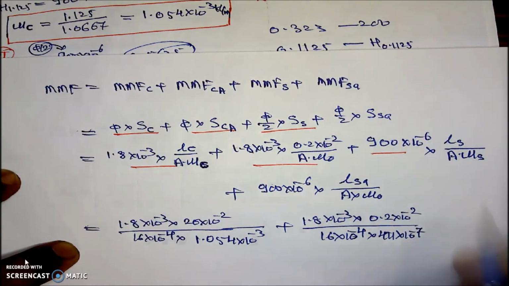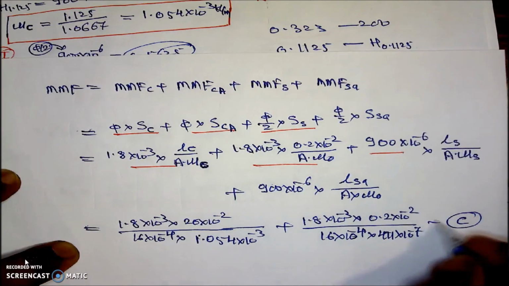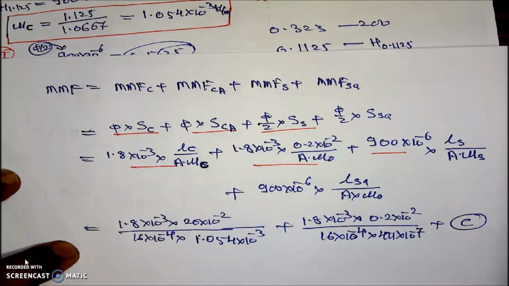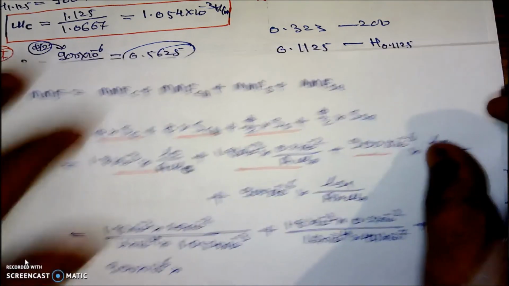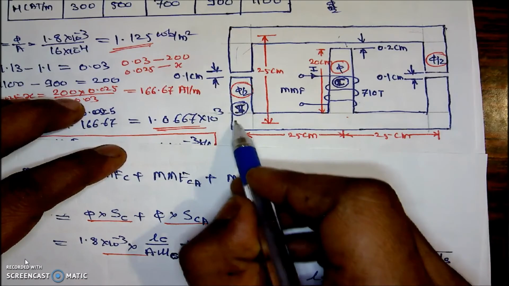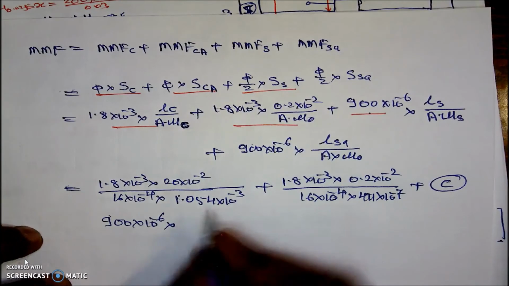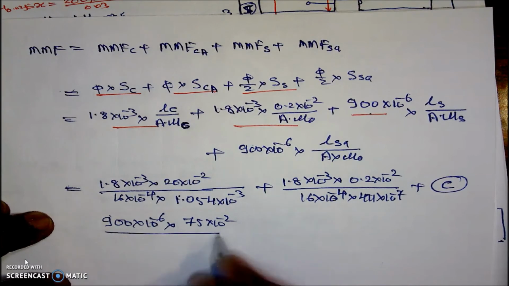These are the two calculations for the central limb and central air gap. Next I will do the calculation for the side limb and side air gap. Here the value is 900 into 10 raised to the power of minus 6 into the length of the side limb. Now look at how much the length of the side limb is: 25, 25 and 25, means 75. Its length will be 75 centimeters, means 75 into 10 raised to the power of minus 2 divided by